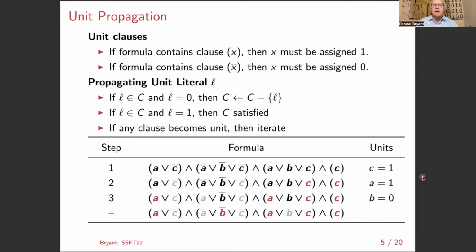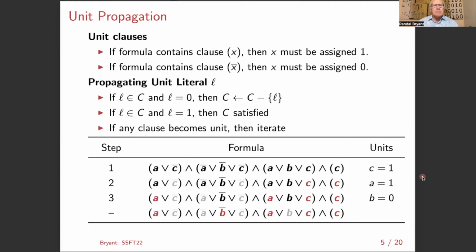And similarly, if it contains x bar, the complement of x, then it must be assigned 0. So that's a so-called unit clause. And now once we've assigned x or a literal to 0, meaning we falsified that particular literal, then if any clause contains that literal,